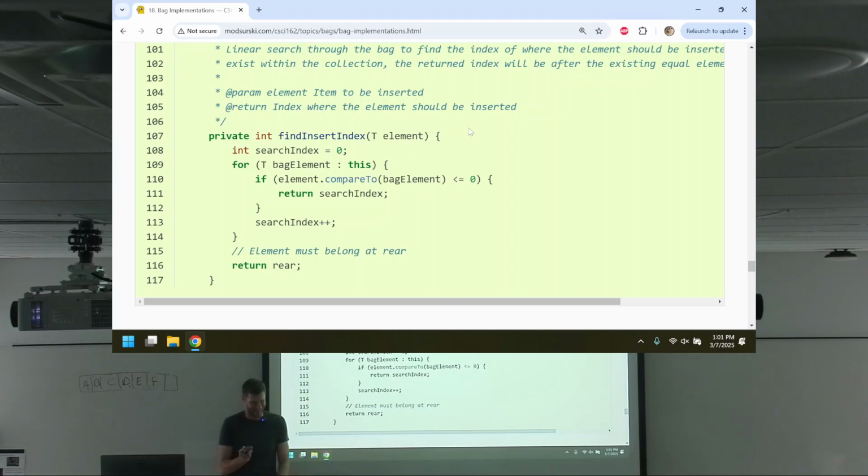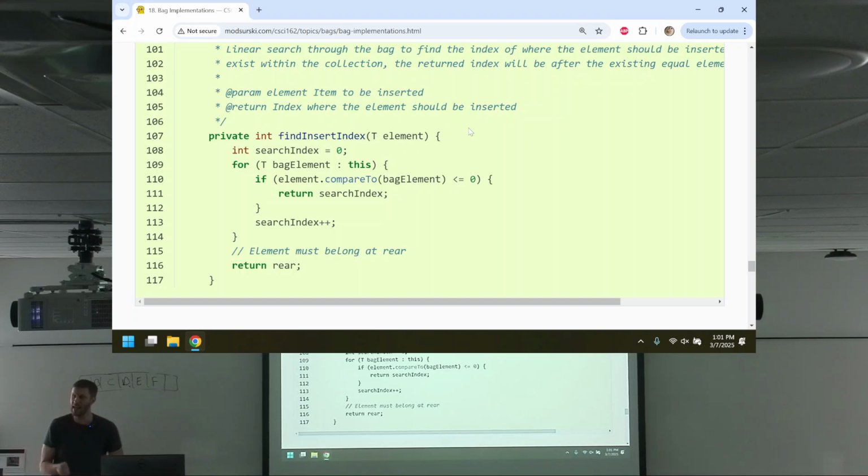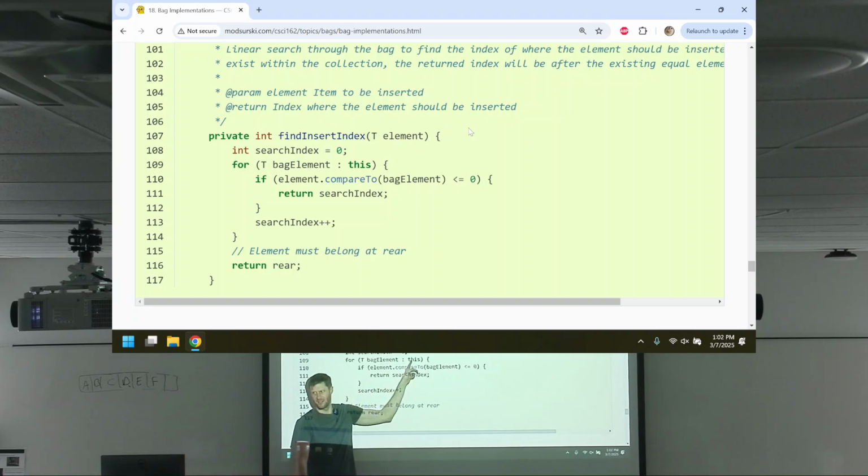Now this is weird. This is weird because you might be like, well, the collection of things is the array. Yeah, but no. And this is all going to get sorted out when we talk about iterators and iterable. But first and foremost, an array is iterable, meaning you can do that, right? But I didn't put the array here. I didn't put the bag array here. I put this. And what is this? This is this class. We are going to make the bags themselves iterable.